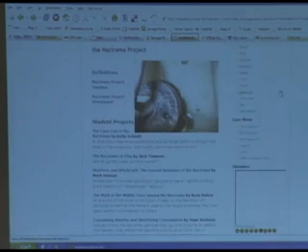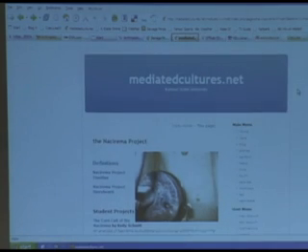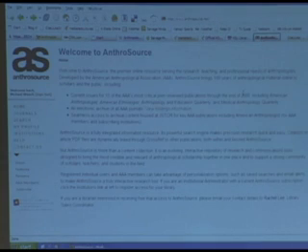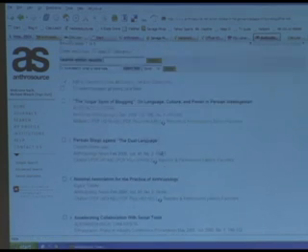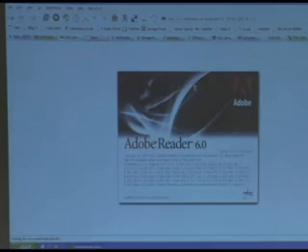I wanted to take you outside of Mediated Cultures, this website that we've created, and also show you some tools that you can integrate into any website that are really, I think, just remarkably powerful for what we're trying to do. For years we told students to not do research on the internet, and I think that is now out the window because there are hundreds of journals online, and excellent information is online. For example, here I can search Anthrosource, and I'll just do a search for blog, and you can see there's a number of articles on blogging, and I'll select a small one here to illustrate this.